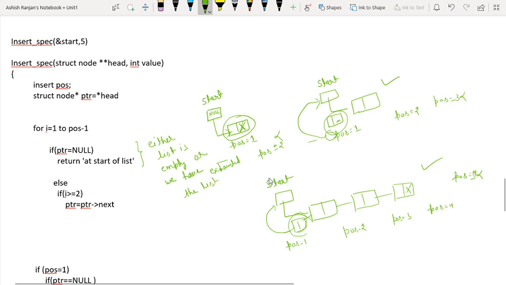The first case says the list is empty. The second case says that still we can traverse the list, traverse the node, because there are remaining nodes in the list. That is why we can traverse the next node.